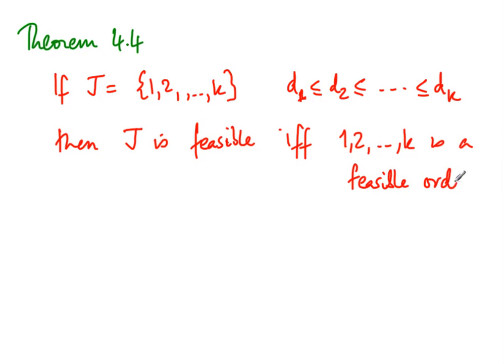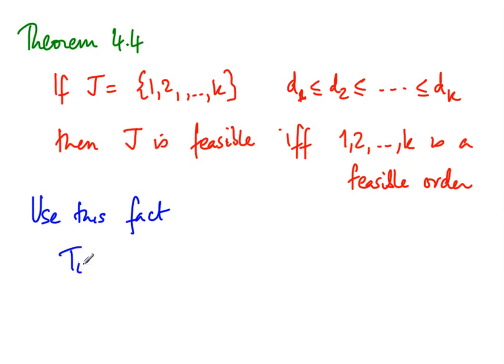Right? So of course, if 1 to k is a feasible order, j is feasible. So the crux is to show that any feasible solution for j implies that 1 to k is a feasible solution. Right? Now we are not going to prove this now. We will prove this later when we also prove that the greedy strategy is optimal. But how do we use this? Okay, so to use this fact,